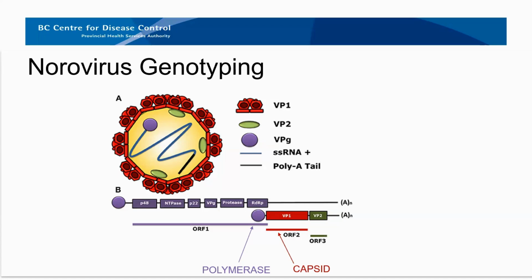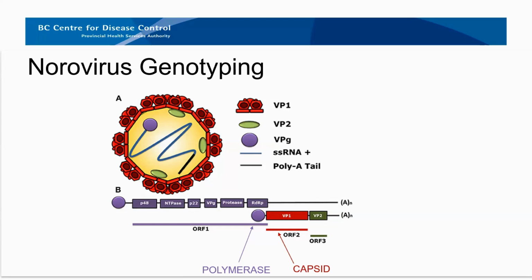But some clever individuals figured out that when they sequenced further out away from the capsid, and also sequenced the polymerase, although it looked like one strain at the capsid, it looked like a different strain in the polymerase. So recombination had actually occurred. So this is what we do now here in Canada, as well as in the United States: we sequence the capsid and the polymerase so we can capture genetic recombination of this virus.